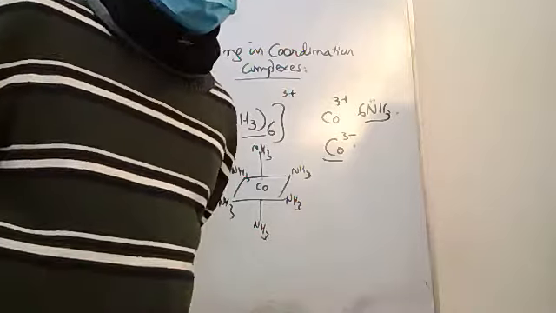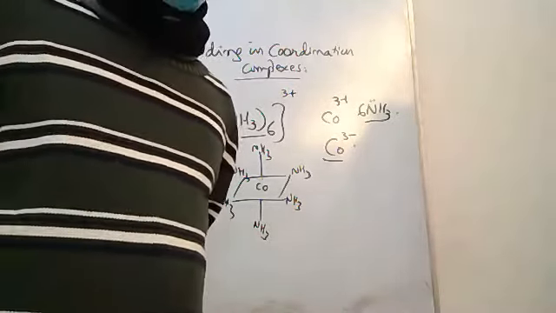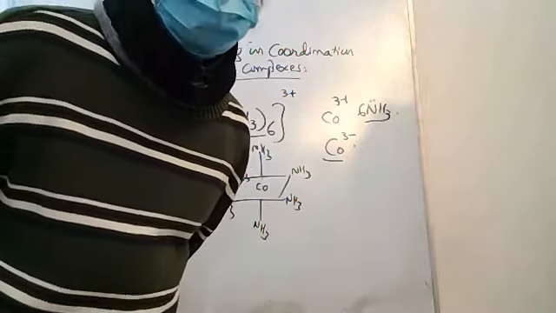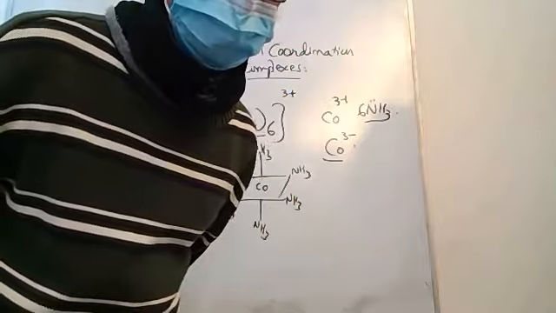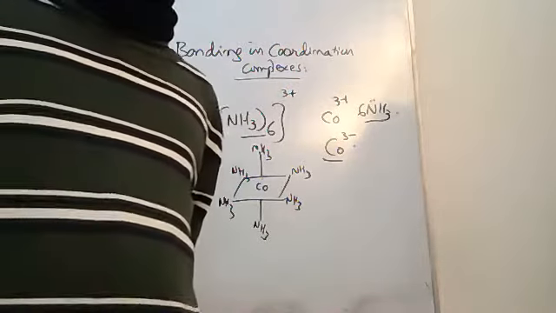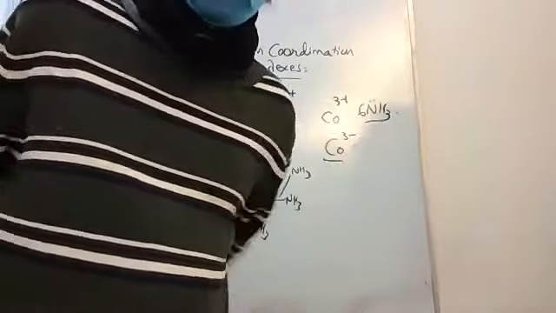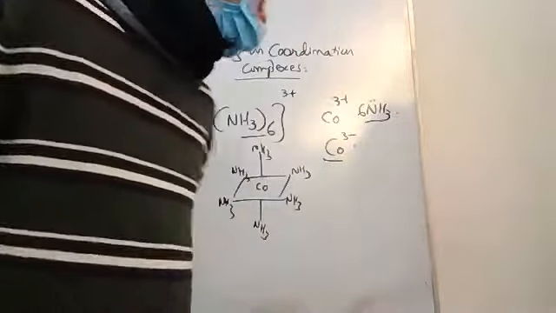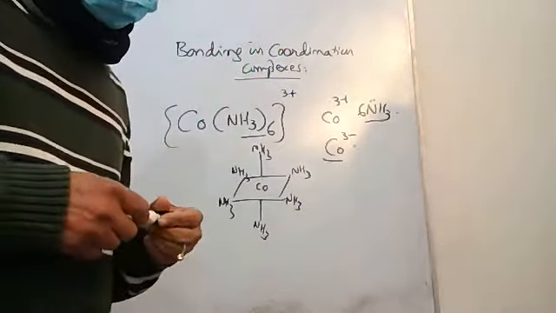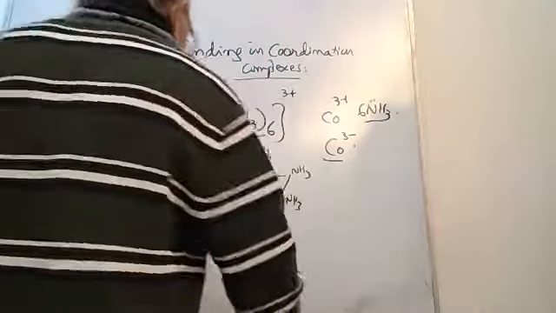You can't have a metal in a compound with a negative charge. Have you ever seen a metal with a negative charge in a compound? You have anions that have a negative charge, not the metals. Metals are always positive. So what is happening here? How is this cobalt 3 holding on to ammonia? In other words, we are trying to understand the glue that binds the metal and the ligands. So clearly, simple electron donation is not going to work out. So we need to work on a different idea.